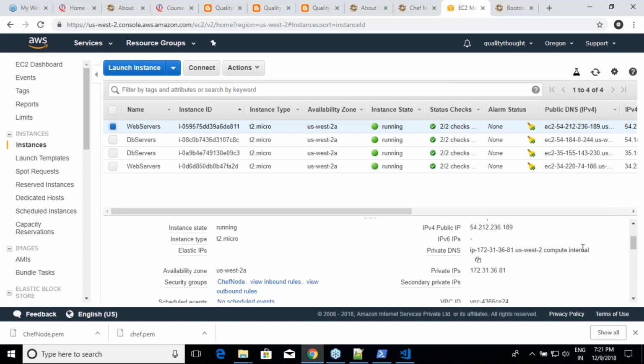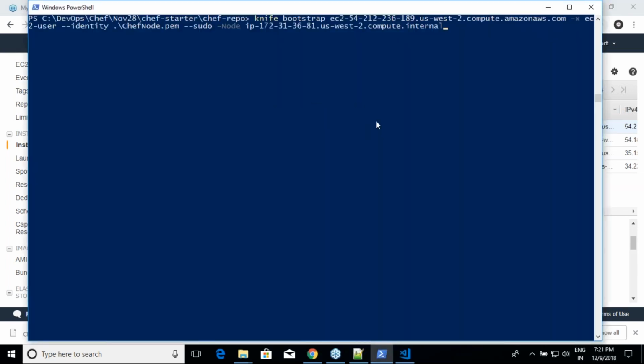I'll try to give it the private DNS name. Is it -N or --node-name? Because you will not have hyphen and full name generally in the Linux world. Okay. Fine. So is this okay? Even if it fails, we are okay, because we'll delete whichever node has been added and do our stuff.